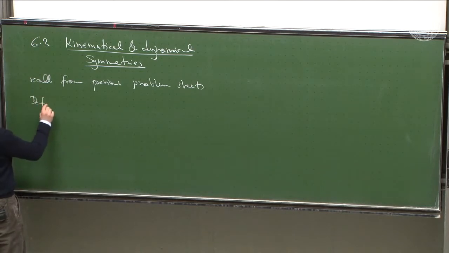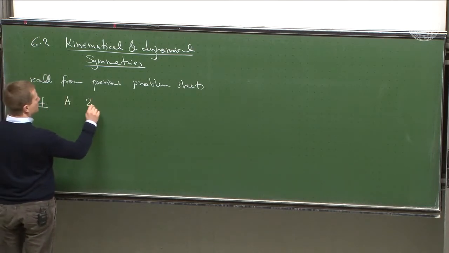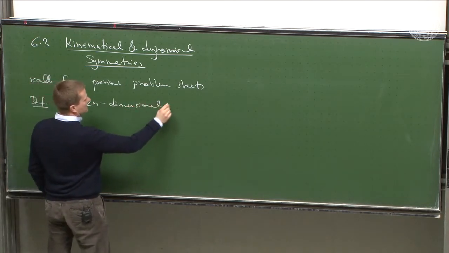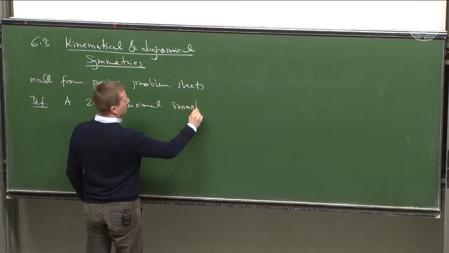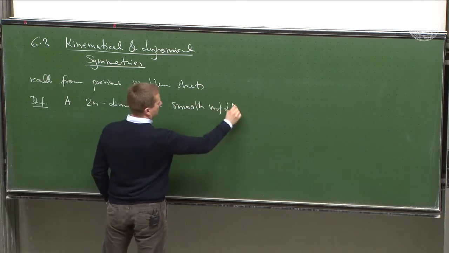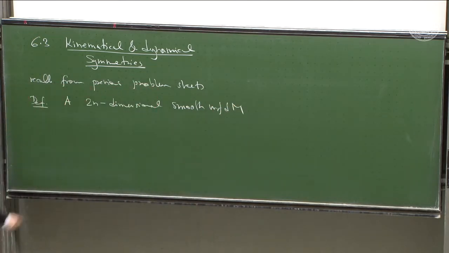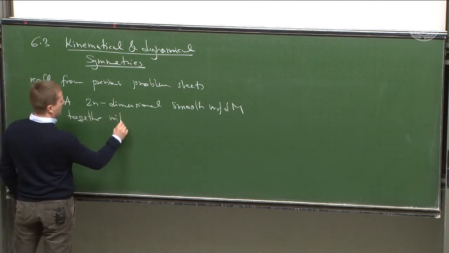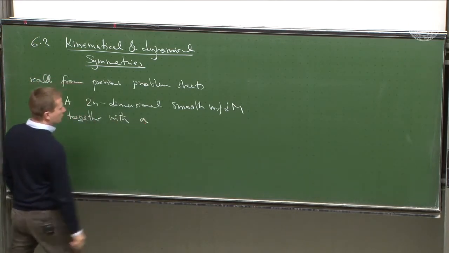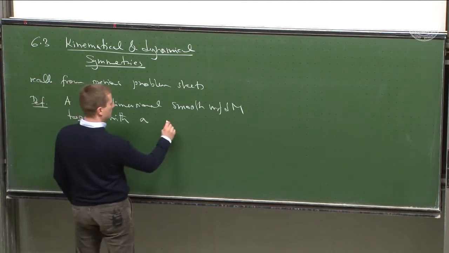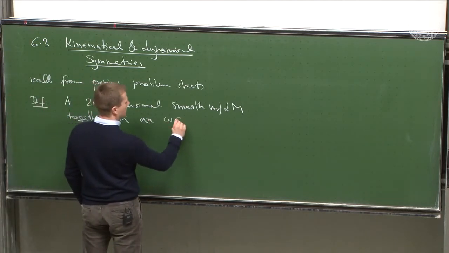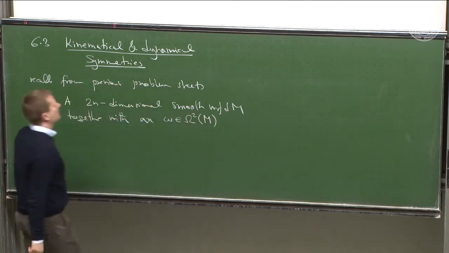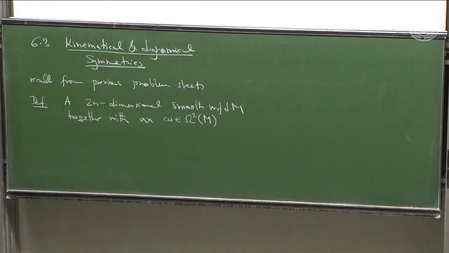So we have the definition that a 2n dimensional smooth manifold M, together with a two-form omega, which is a two-form on this 2n dimensional smooth manifold,